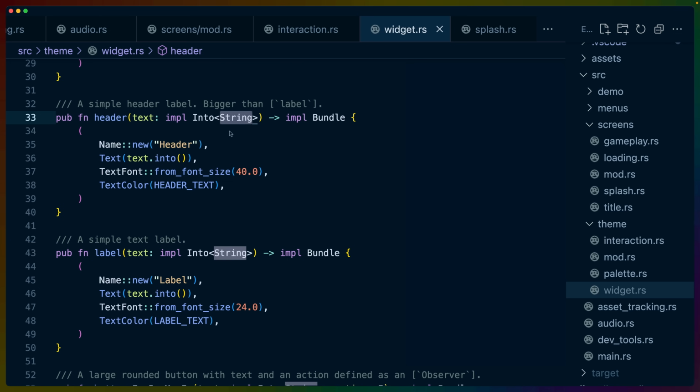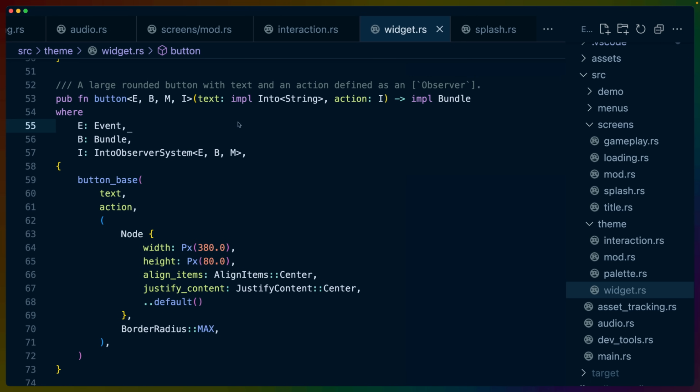This is basically just a way to say, we have this into function, this text component is going to accept a string. Anything that you give us that can turn into a string is acceptable as an argument here. And in some cases, this gets even more complicated. Here's a